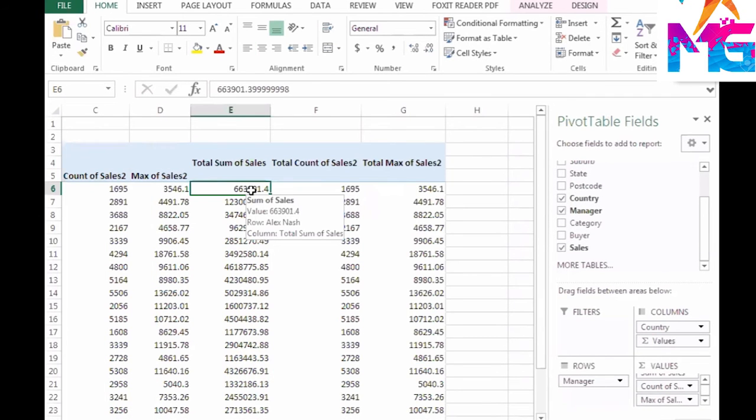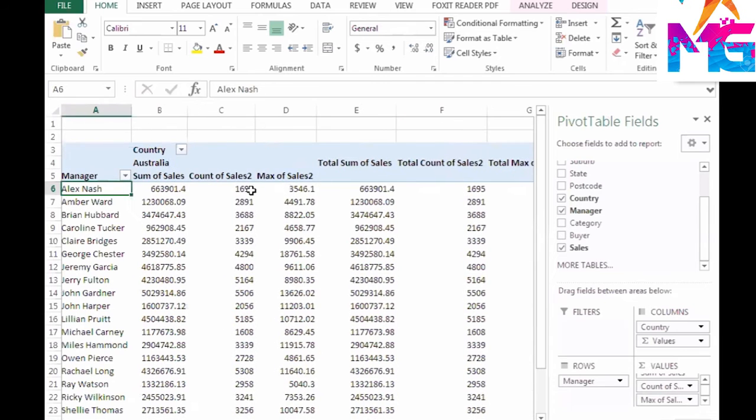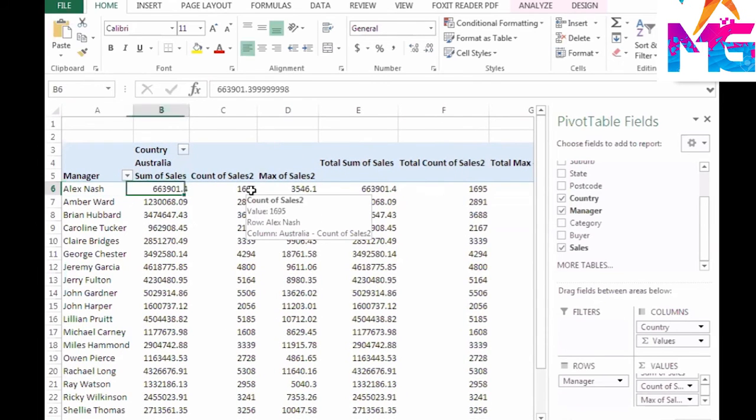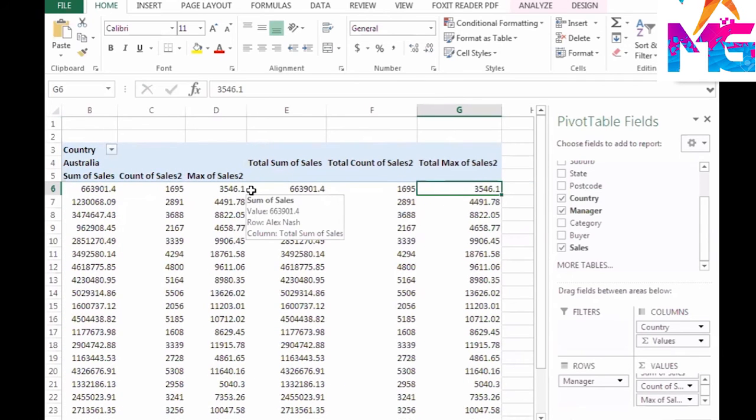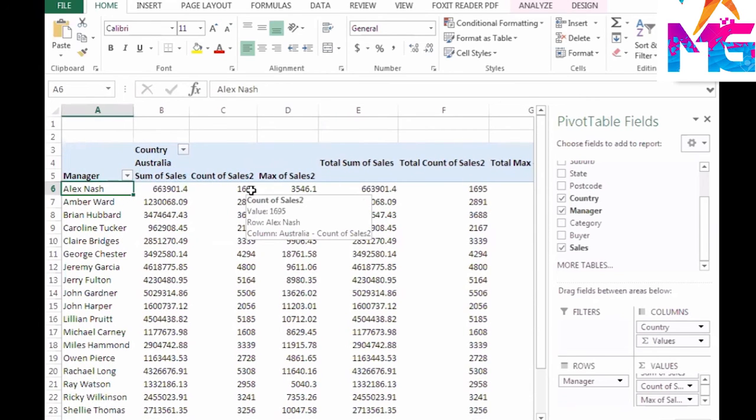There is always a question from students about what to put in rows and what to put in columns. Okay. There are no such rules. It depends upon how you want to present your data. Something you feel will look good in columns, you put in columns. Something you feel should be in rows, put it in rows. That is your choice. Suppose if I want these countries also to be here, my data would have looked like this. It is the way you want to present your data, right? Put it anywhere, however you want to present it, you present it.